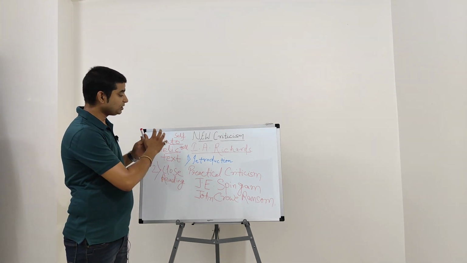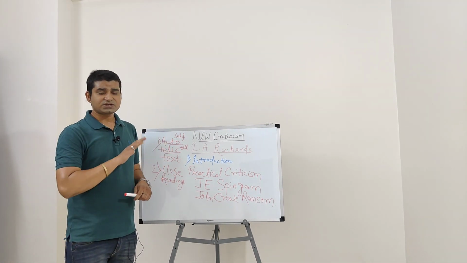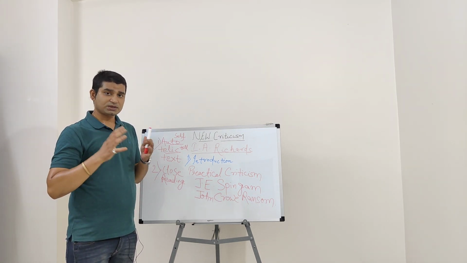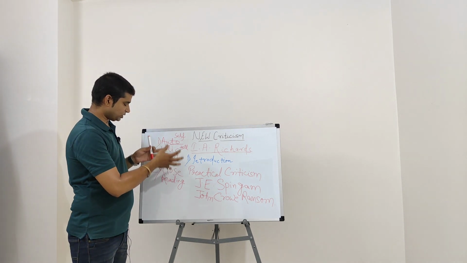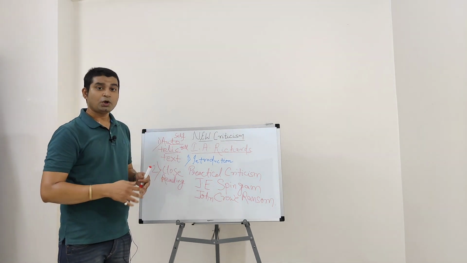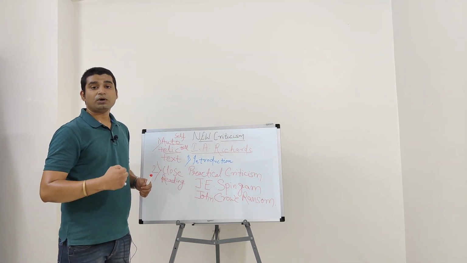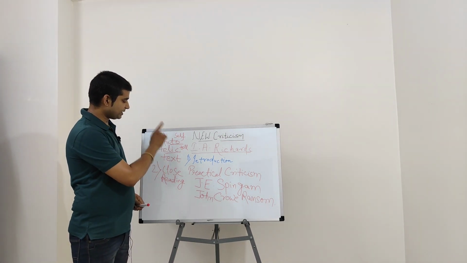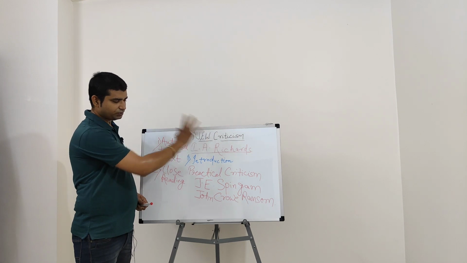It is free from the influence of the writer. It does not depend on the name of the poet. A work does not depend on the name of the poet, or the genre of the poet, or the age of the poet. So you must remember that that text is autotelic text according to New Criticism.